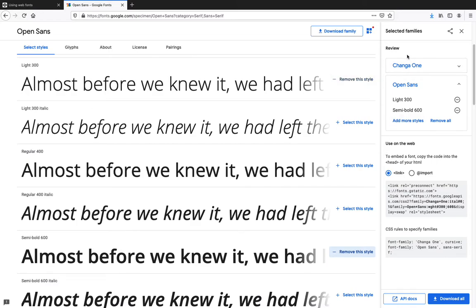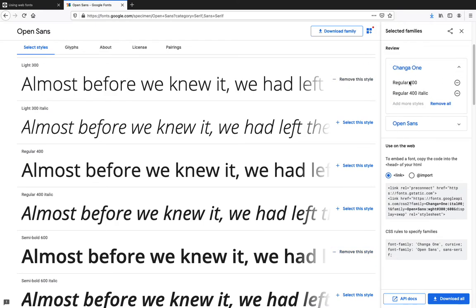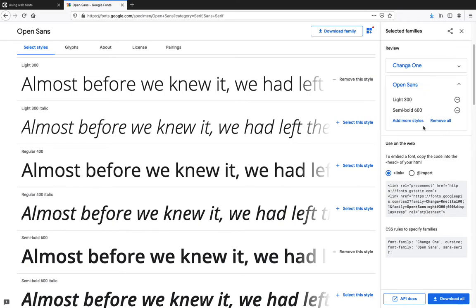So over here in this little sidebar, it's like my shopping cart. I've got Changa One with these two variations and Open Sans in these two variations. I've added 4 different fonts in my little selection. Down here in this panel, use on the web, these are the instructions that I can use to add these